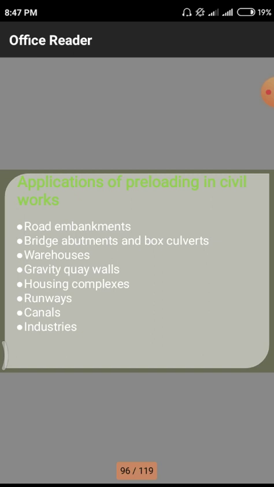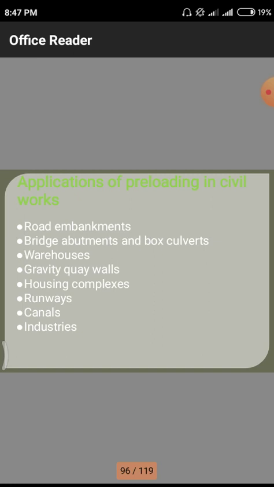Next one, housing complexes. Normally nowadays we are having high rise structures, more than 20 stories and 30 stories, employed in these metropolitan cities and other newly developing cities. Due to those, heavy loads are applied on particular points itself, so that in a particular span of 1000 square feet, or say 3000 square feet or 4000 square feet, a huge amount of structures are employed in those particular areas.